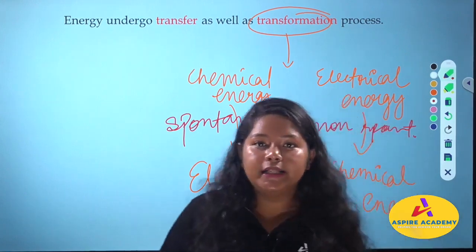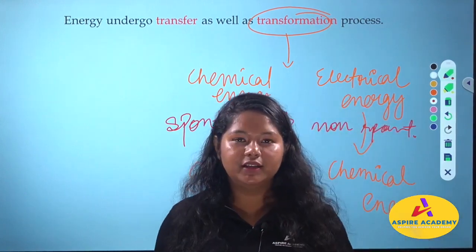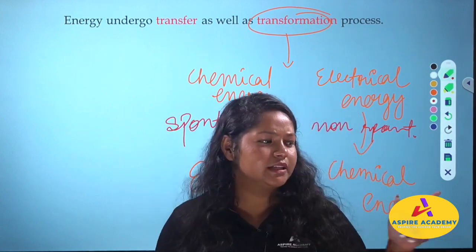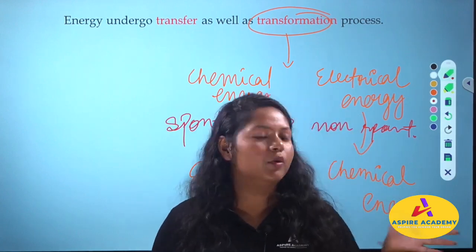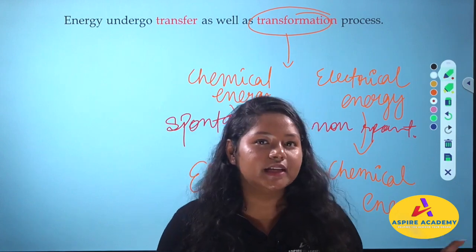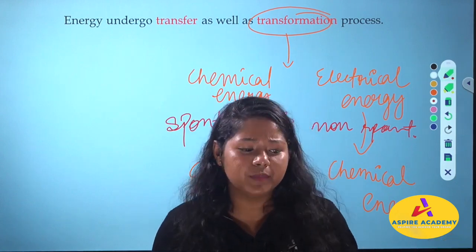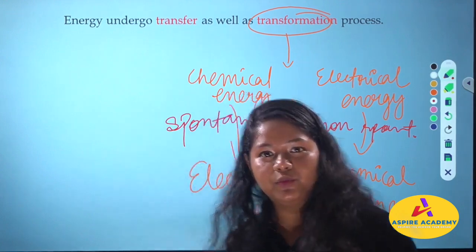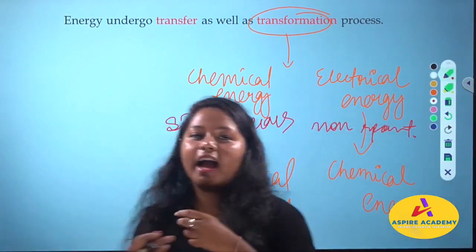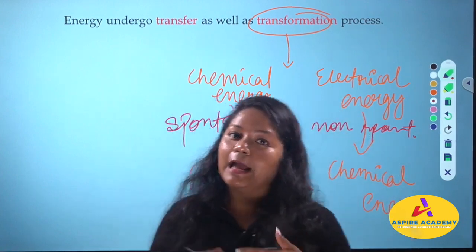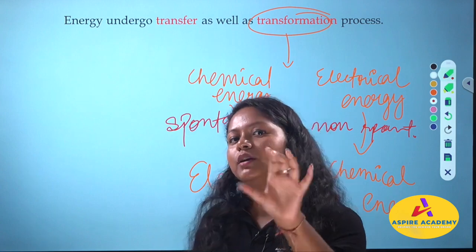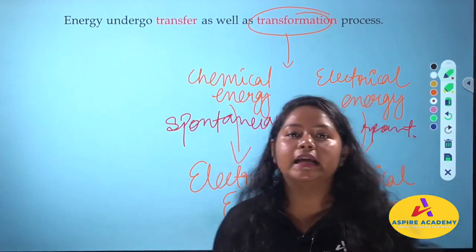Now, what is spontaneous? What do you understand by spontaneous? You know, in your class when you study, teachers might have said, this girl is very active, that boy is very active. What do you understand when someone calls you an active person? That means you are too quick to do things. Like I am teaching you here, then I am walking front, I am moving this side, I am moving that side. I am very quick in doing these things, right? I am an active person as of now, right? You are an active person as of now because you are paying attention and listening to what I am explaining to you.